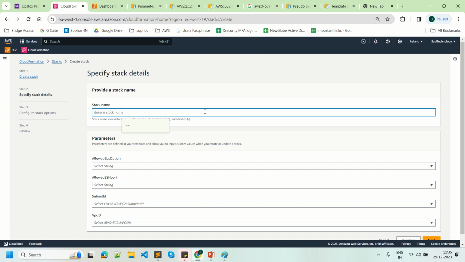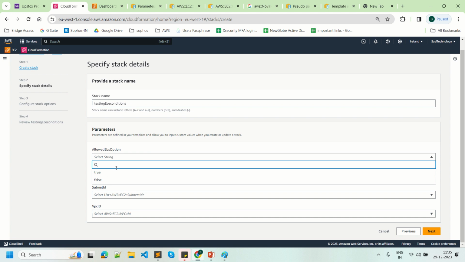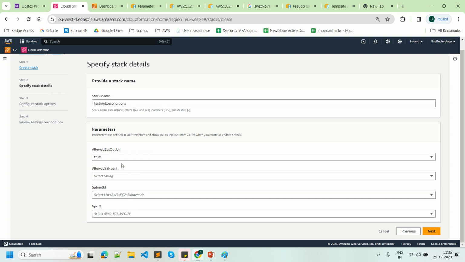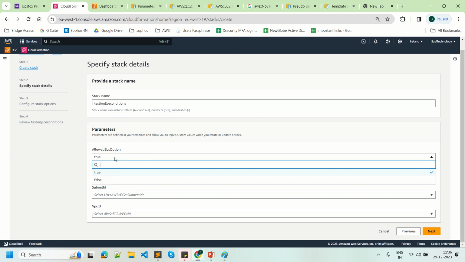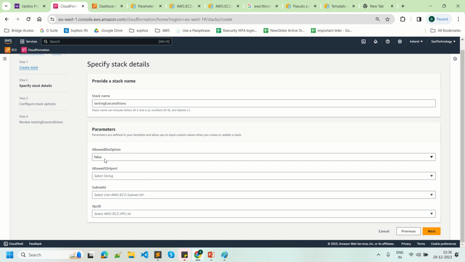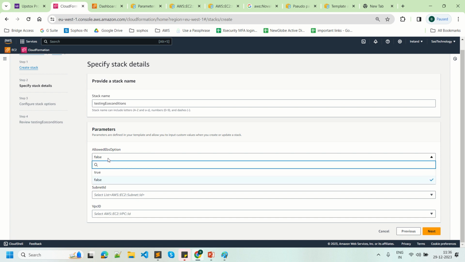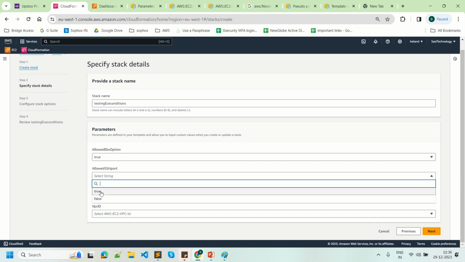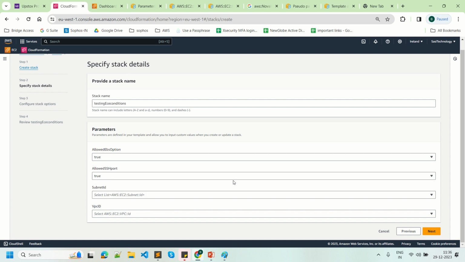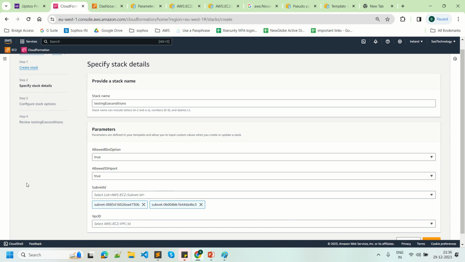So now enter the stack name, testing EC2 conditions. You can give any stack name over here, and parameters. See, if you want to allow the EBS volume option true, then the EBS volume is created and attached to the EC2 machine. If you select false, then the EBS volume will not be created and not attached to that EC2. So here I'm going to show you the true option. The same way, allow SSH port 22. If you select 22, it is going to create the SSH port, and it is attached to the EC2 machine. So here I'm going to allow subnets,